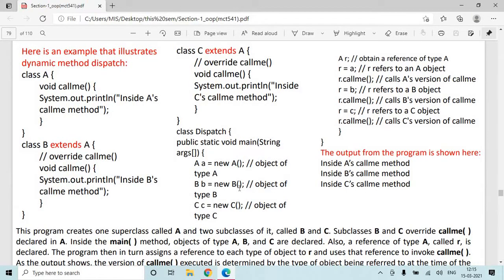Okay, so today's topic is runtime polymorphism. We alternatively call it dynamic method dispatch.